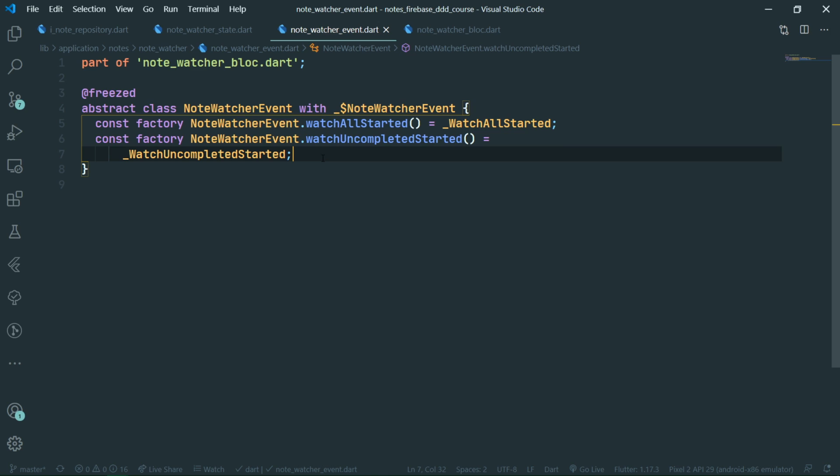And this should be it, right? Well, it's not going to be it. We are going to see in just a bit why we need to create yet another event. But for now, logically, we could say that these two events are all there is to our node watcher event union. So now we can go over to the node watcher block